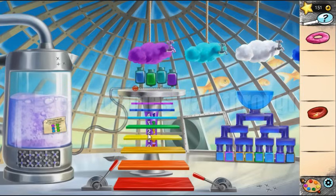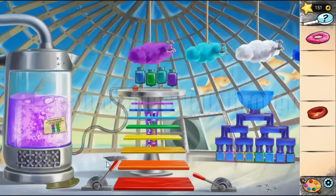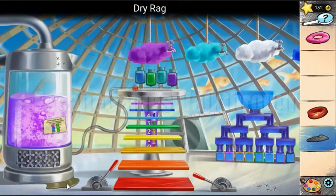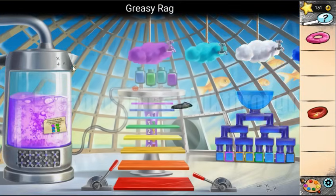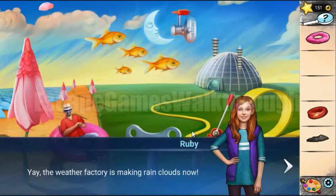So we did the correct combination, and here the cloud has appeared, and something went wrong. So now we need to wipe out this like an oil with the red and go outside. Okay,